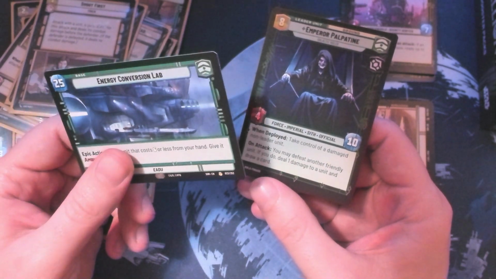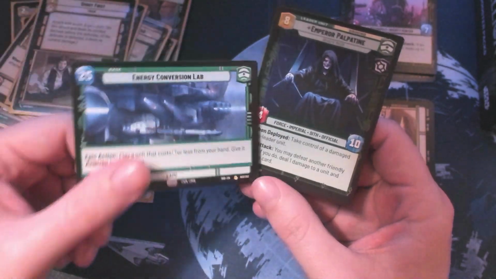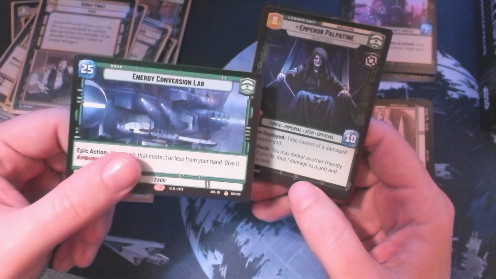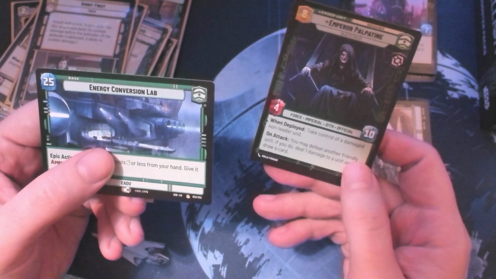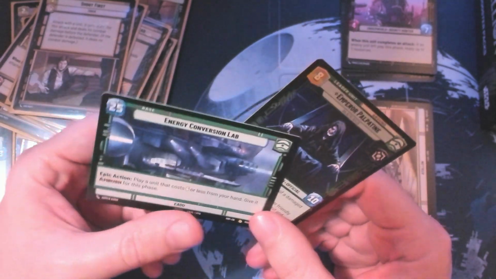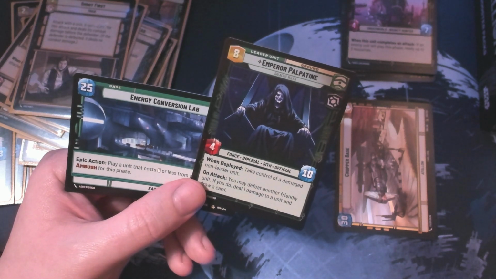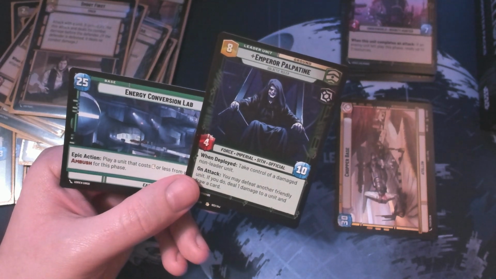I can't remember, but I'm pretty sure it was in all 3 games that I flipped Palpatine. I know at least 2, maybe the 3rd. It's hard for me to remember, but I did flip him and steal units from my opponents, which I thought was awesome in a draft format, right? What are the chances you're going to make it to 8 resources in the draft format with Palpatine and steal